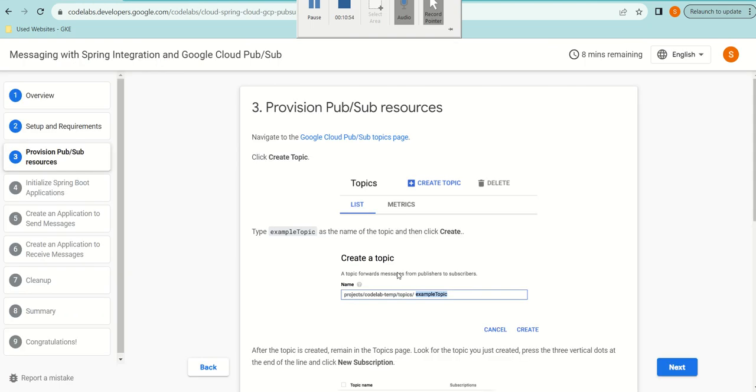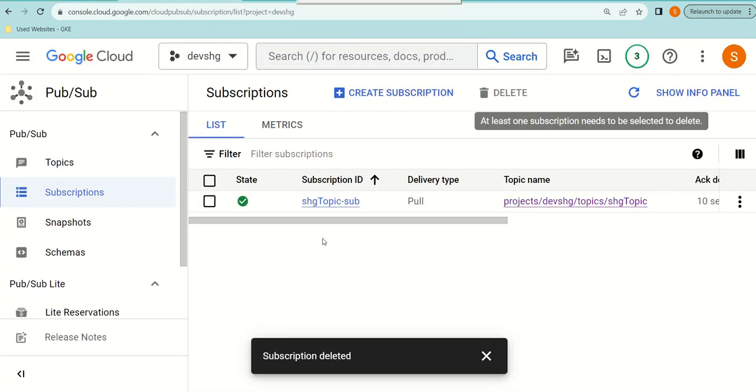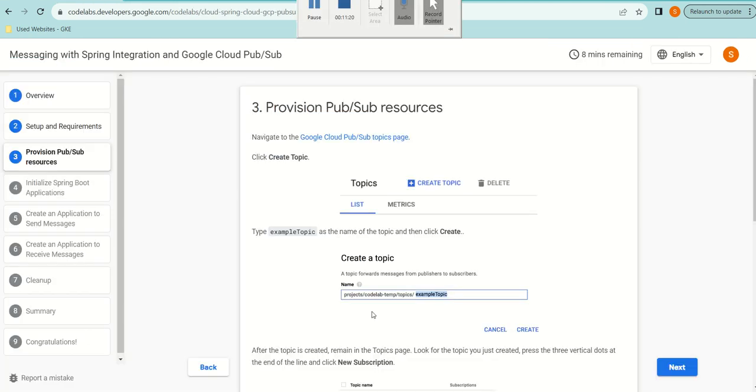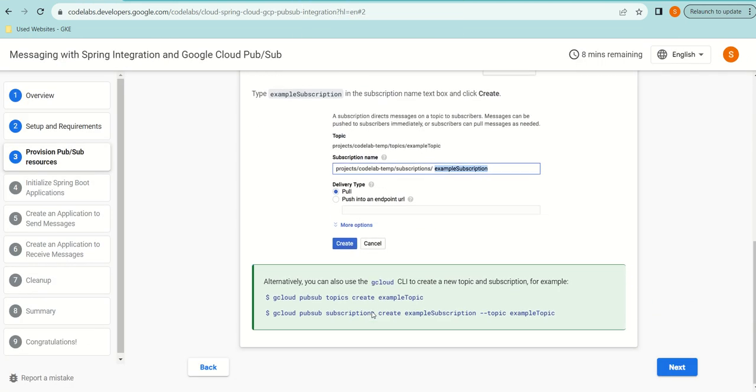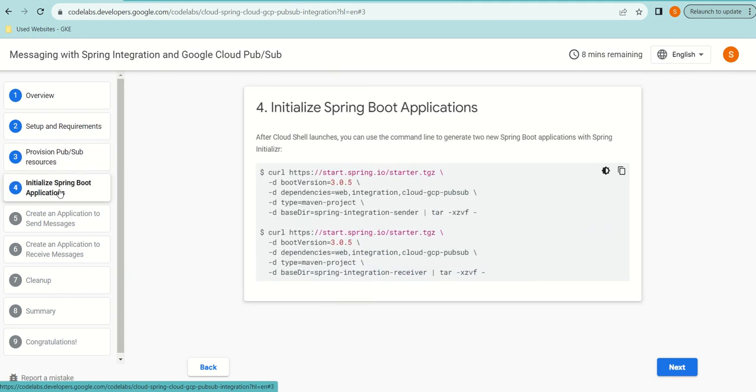So what must have happened is this documentation is of the old UI, and what we have is new. So that is the beauty of it. When you're looking at the UI, you also understand what are the core concepts. So now I know that a subscription is created, not just concepts, but you understand what you're doing in reality. So let's move ahead. We have provisioned a Pub/Sub resource, and then let's move on to initialize the Spring Boot application, but